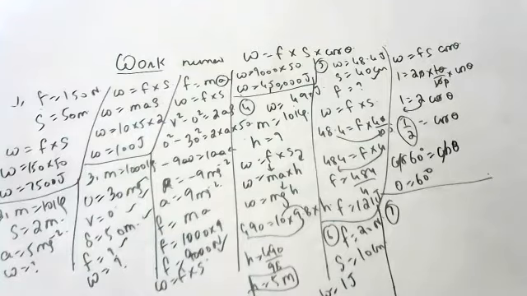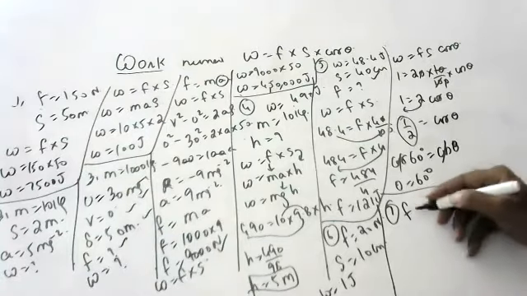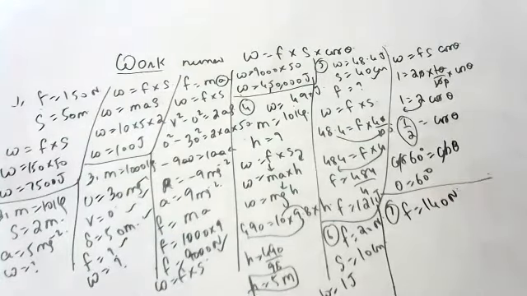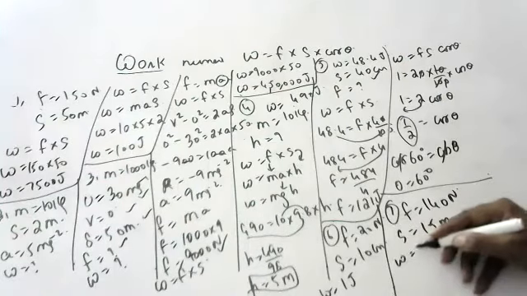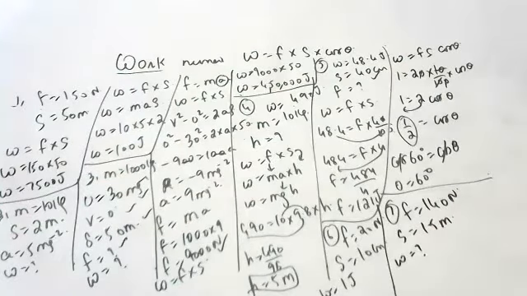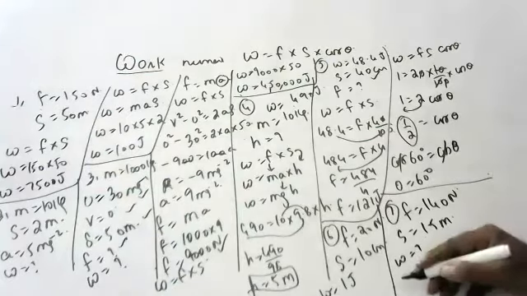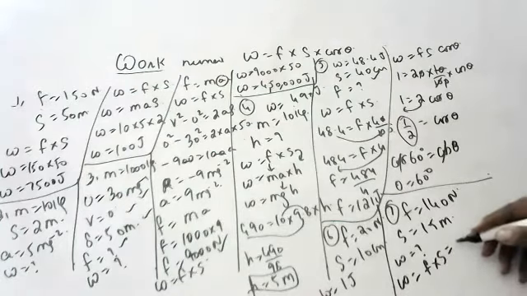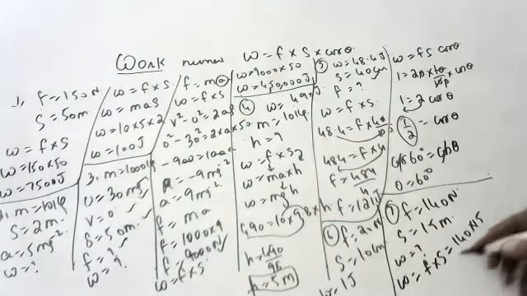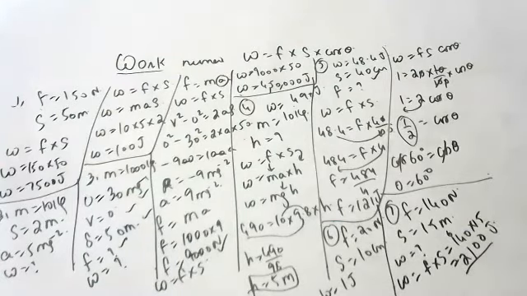Next, a pair of bullock carts exerts a force of 140 Newton on a plow. The field being plowed is 15 meters long. How much work is done? Neeraj, how much work is done? Work is equal to force into displacement. Work is equal to 140 into 15, that is 2100 joules.